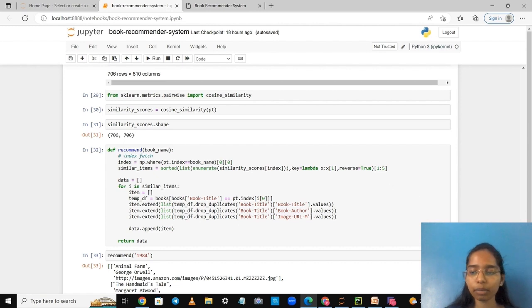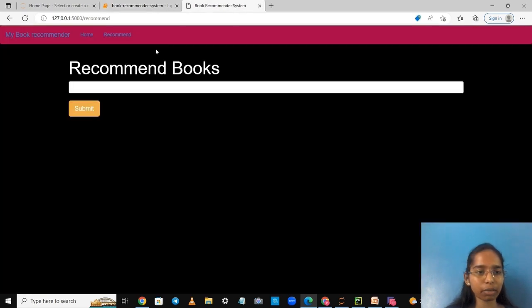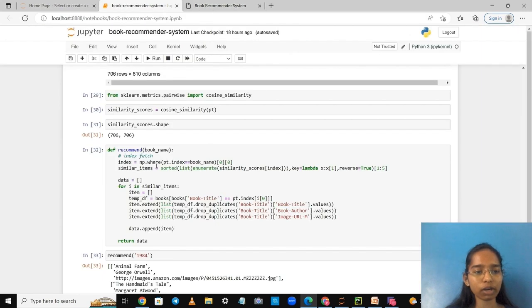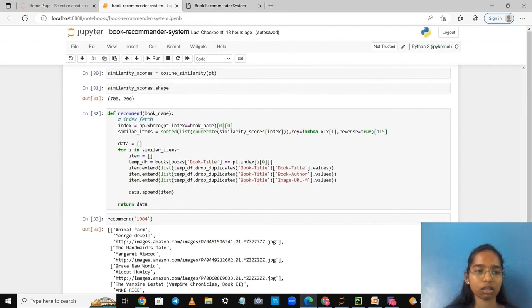Now for the recommendation part, we'll write code for recommending the book which is most similar. In this function we'll give the book name, as we are going to recommend based on the book name. Now in this we are going to fetch the index where that particular book name is there in our 706 rows.